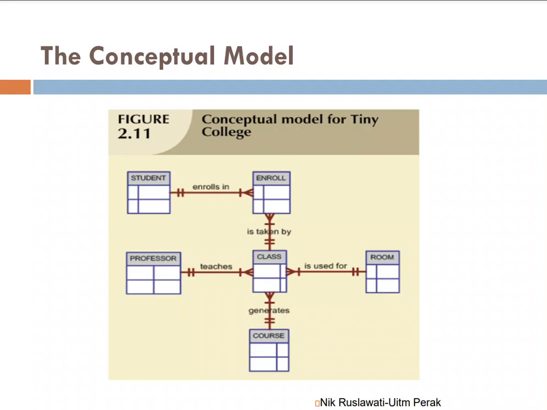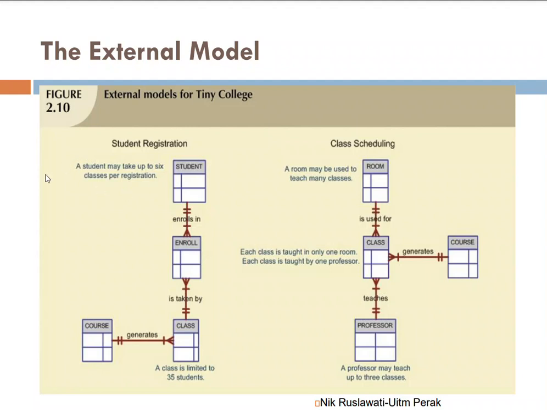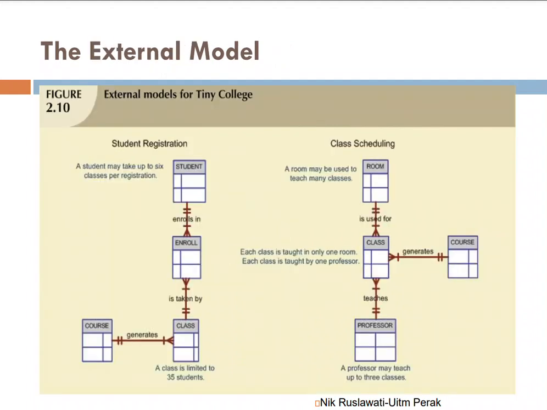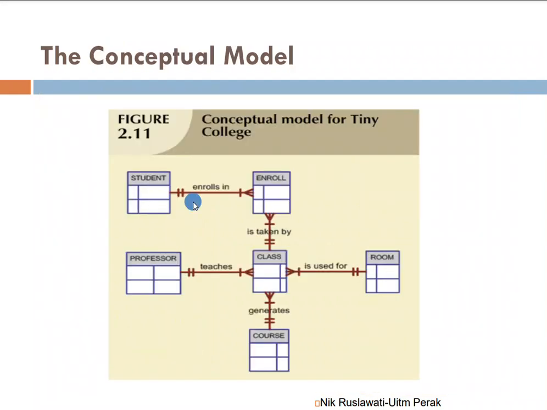So student, kalau tadi yang end user, dia akan tulis dalam bentuk statement macam ni. Okay, so it is the task or the job of the designer to double check this one. Okay, so one student may take up to 6 classes per registration. So one to many. Okay, this one class can be taken by many student. Okay, one class